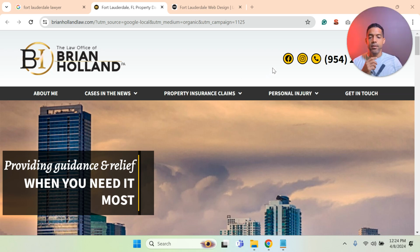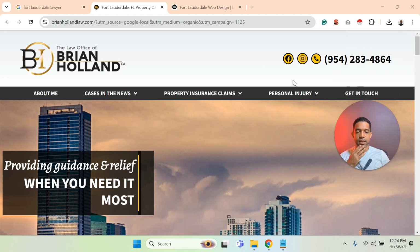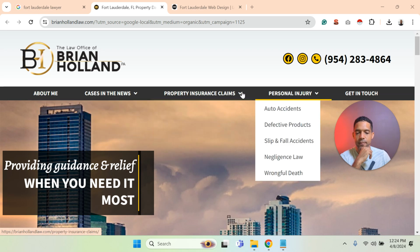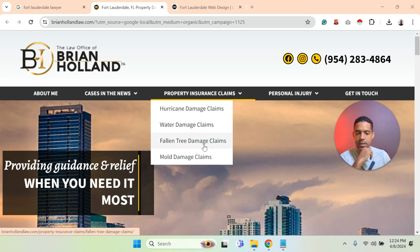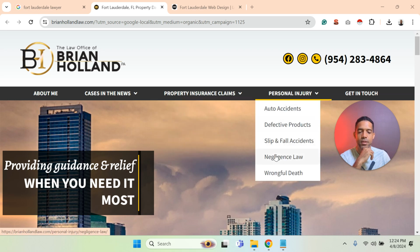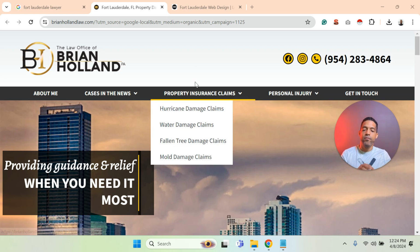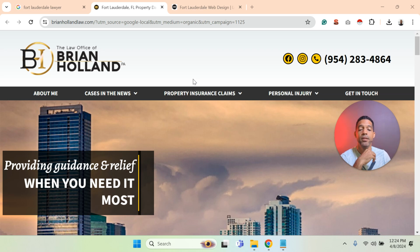It's big, and we have the law offices of Brian Holland. So the logo is nice. Then we have the social media buttons and the phone number. So this is all good. So this part I actually wouldn't change anything because it's all laid out perfectly. Then he has the navigation menu, which is nice. He has personal insurance claim, and then under that he has some information, personal injury, then he has some information, and get in touch. So from the very top part, I actually wouldn't change anything because it